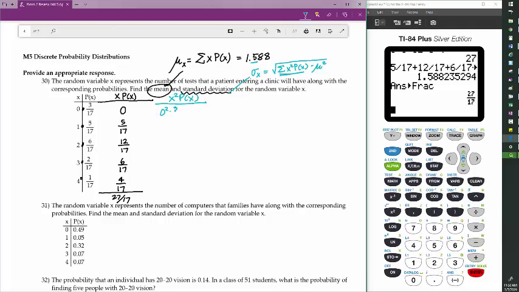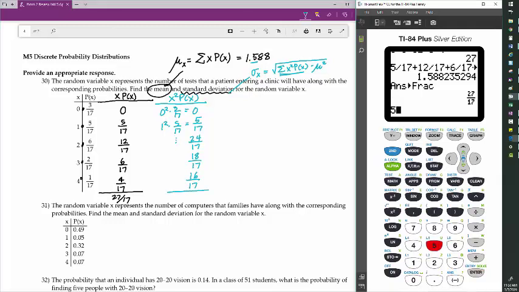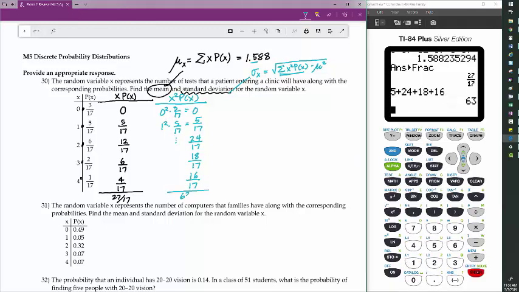0 squared times 3/17 is still 0. 1 squared times 5/17 is still 5/17, and etc. 2 squared is 4. 4 times 6, 24/17. 9 times 2, 18/17. 16 times 1, 16/17. Then we'll have to add up those guys. Again, common denominators, fortunately for us. 5, 24, 18, and 16 make for 63/17, or approximately